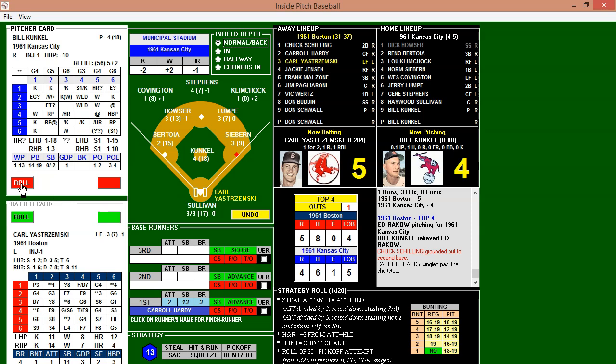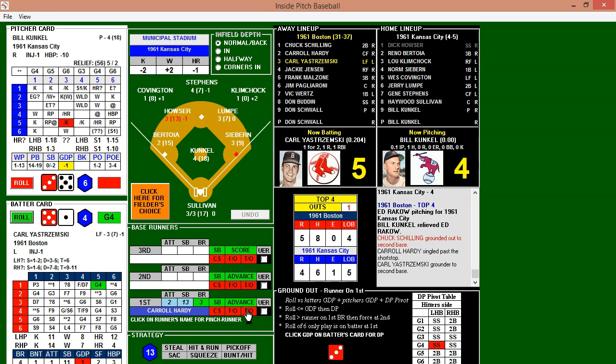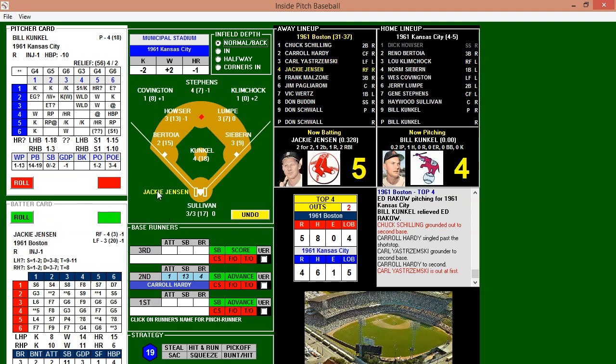Hardy gets his lead at first. Seaburn holds him on. Kunkel looks it over. Kicks and delivers. And that's going to be a ground ball to second. Could this be two? No, hit too slowly. The only play will be to first, as Hardy will advance to second. So now a runner in scoring position with 2 down.